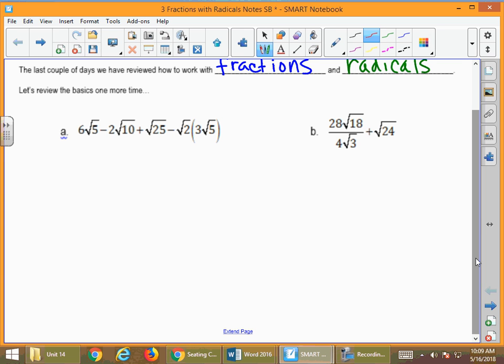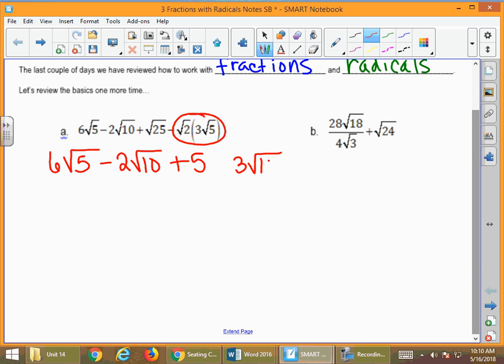And 6 square root of 5, we can't do anything to. And 2 times the square root of 10, we can't do anything to. Square root of 25, can we take the square root of 25? It's 5. And really, what I should have done first, according to order of operations, is multiply those two together. But we can do them at the same time, taking the square root of 25 and multiplying this. When we do multiply this, it's going to be 3 times the square root of 10,